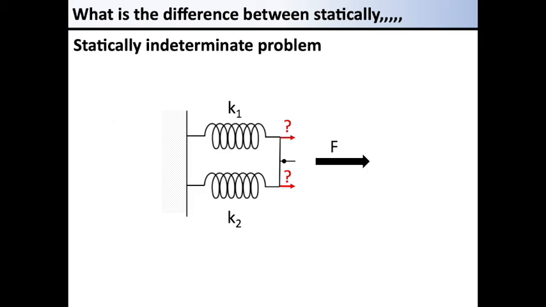So, the procedure to solve statically indeterminate problem starts with defining the load on each spring as unknown quantities. Then, focusing on the fact that elongation of each spring is equal, we determine all the deformations and loads by using conditional formulas that describe the sum of the loads at each spring is F.